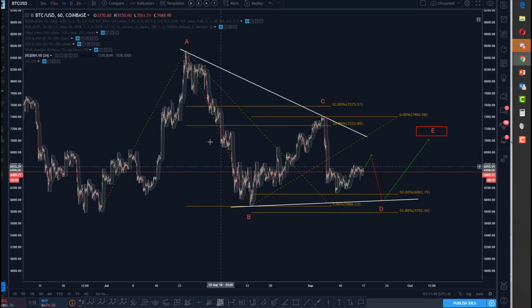This is a little more challenging because it's what I call a shish kebab pattern, where you've got a straight line and a bunch of little meatballs everywhere, right? It could be lots of things. It could be 1, 2, 3, 4, 5. It could be an impulse. It could be A, B, and a monster C, right? It could be a double zigzag. A, B, C, X, A, B, C, right? X here. A, B, C, X, A, B, C. Very cleanly could be that. It could be lots of weird things. Okay, so it qualifies as a possibility.